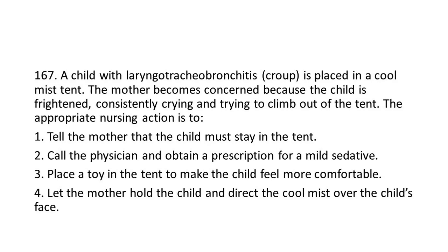167. A child with laryngotracheobronchitis, croup, is placed in a cool mist tent. The mother becomes concerned because the child is frightened, consistently crying and trying to climb out of the tent. The appropriate nursing action is to